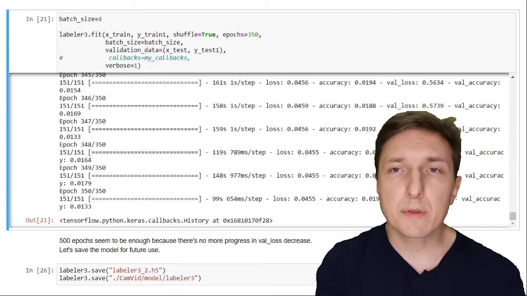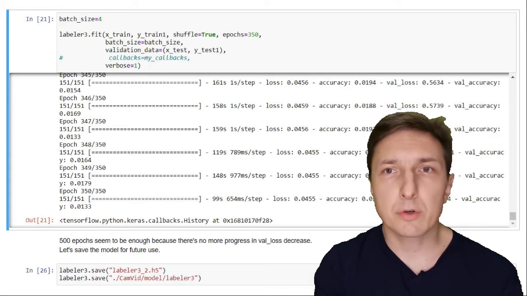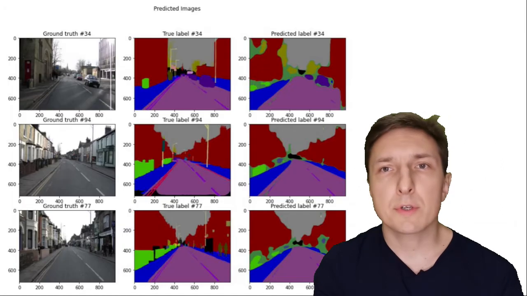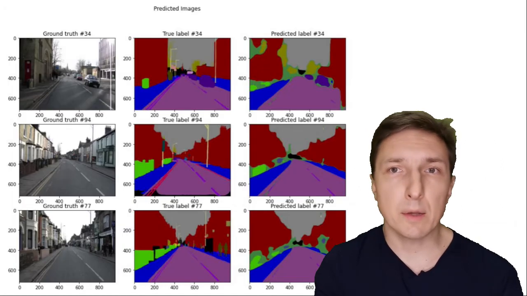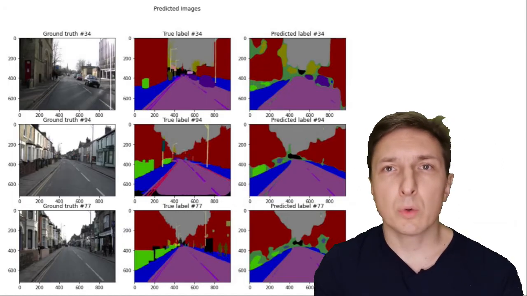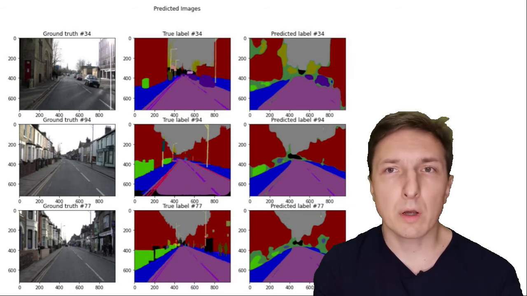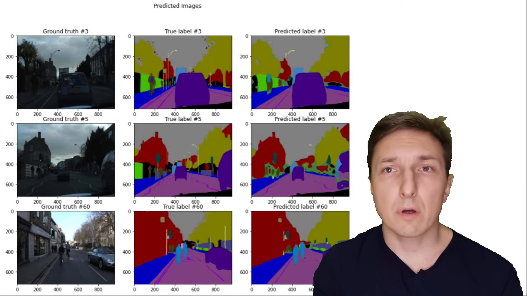And here is the visual presentation of the results of classification. You can see that even after 10 epochs, the model was able to correctly classify the major classes that are presented most frequently in all the images. After only 30 epochs,